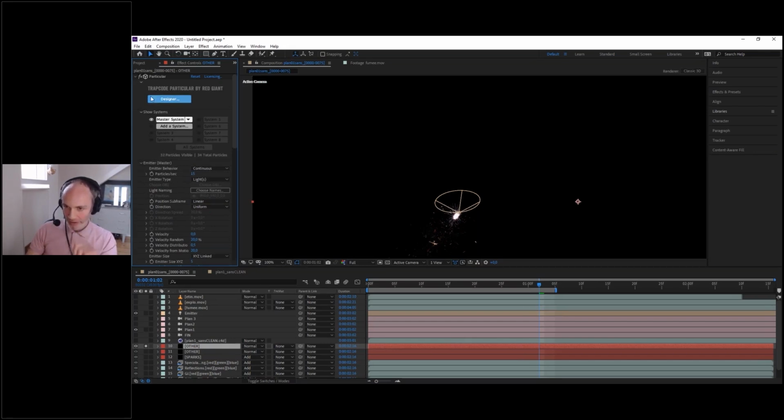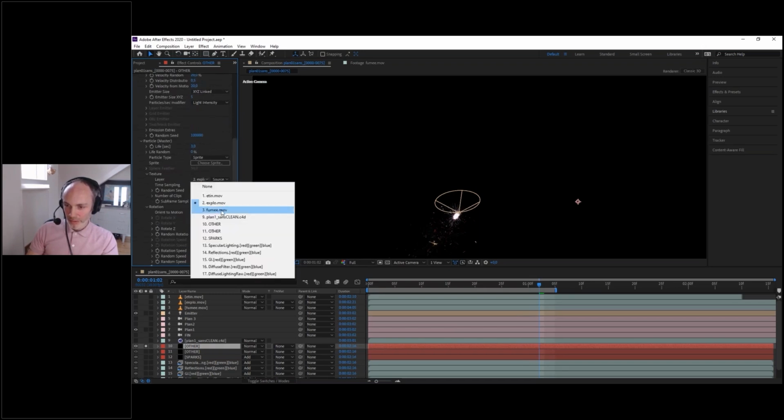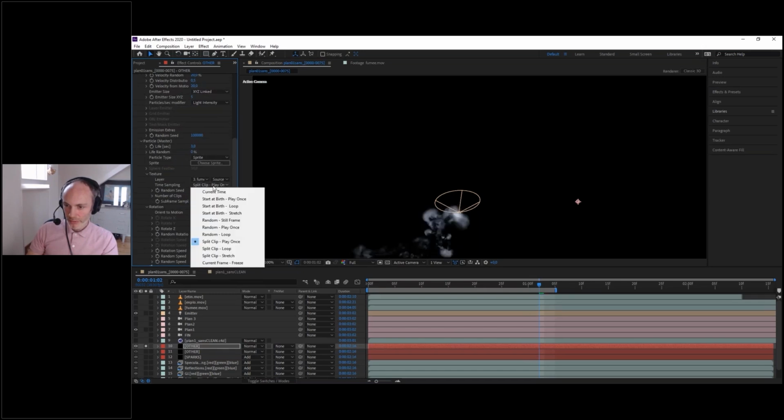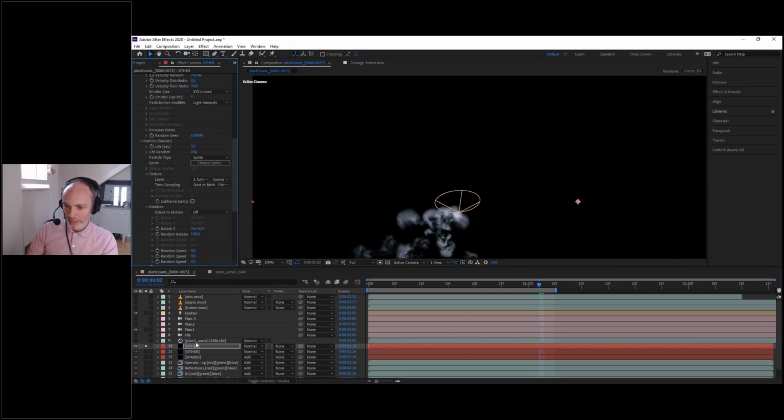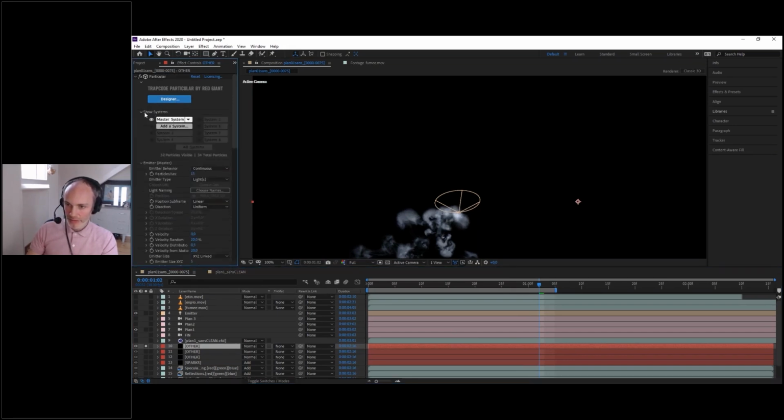For this one, I'm going to use the smoke. That would be start burst, play once, and another one. So I just duplicate the layer. This is the lazy way. Everything can be contained inside those systems here.